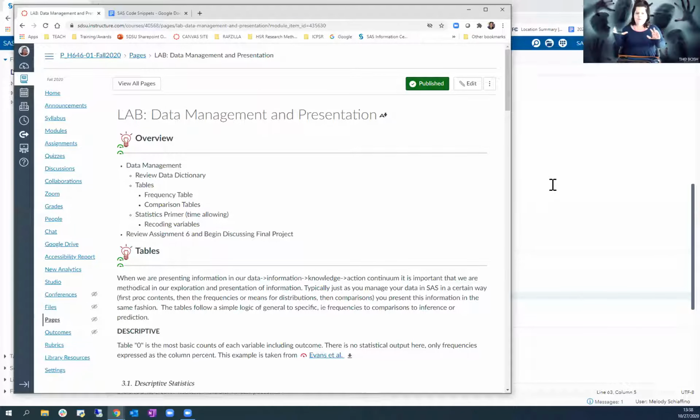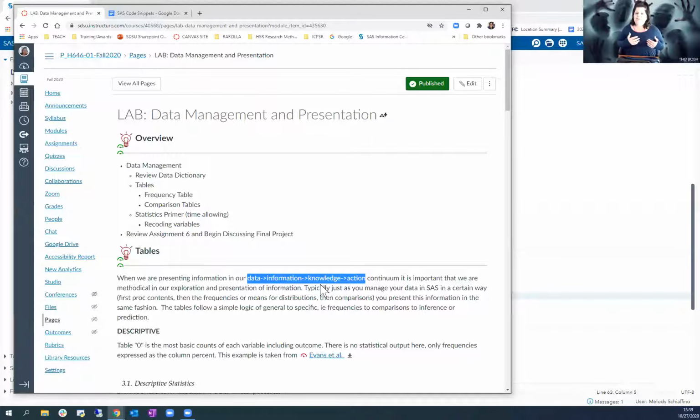Okay, so whenever you are presenting anything, I want you to have two things in mind from the get-go. One is your audience. Who are you presenting to? What's the value? And two is remember the continuum that we talk about. Can you guys all see my screen, right? Yes, okay. This continuum, remember the data, which you guys know what it is, right? The cells, the zeros, the ones, the information, which is the counts, the frequencies,